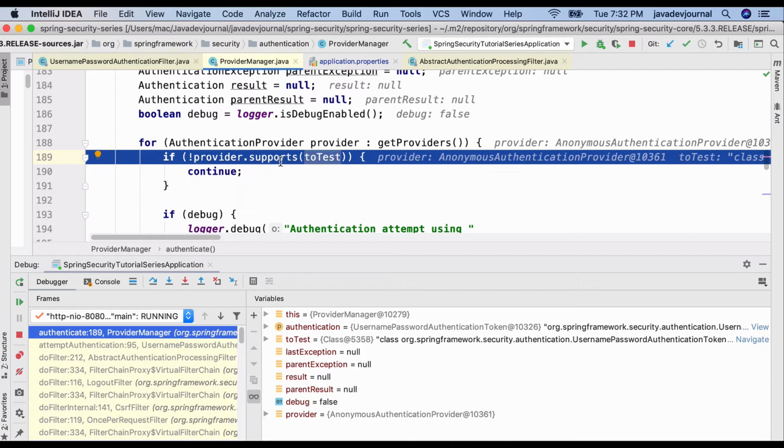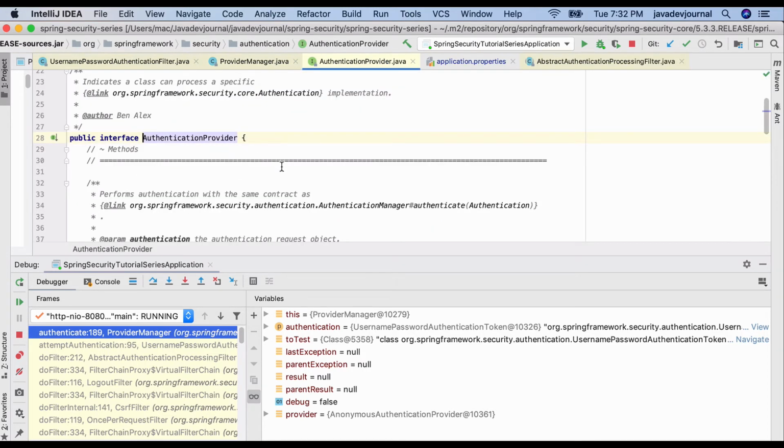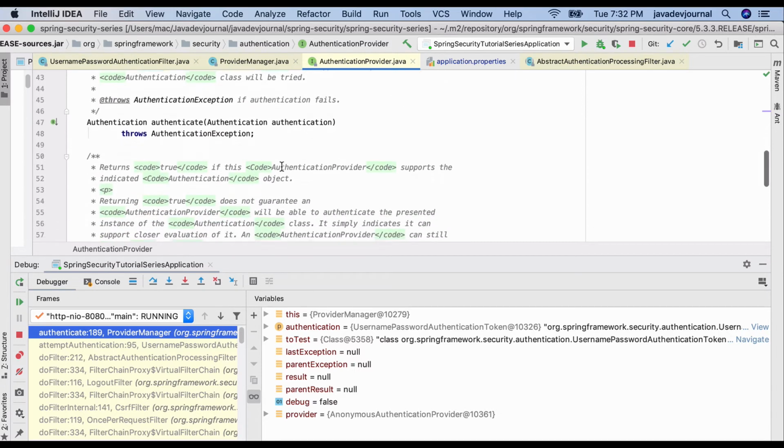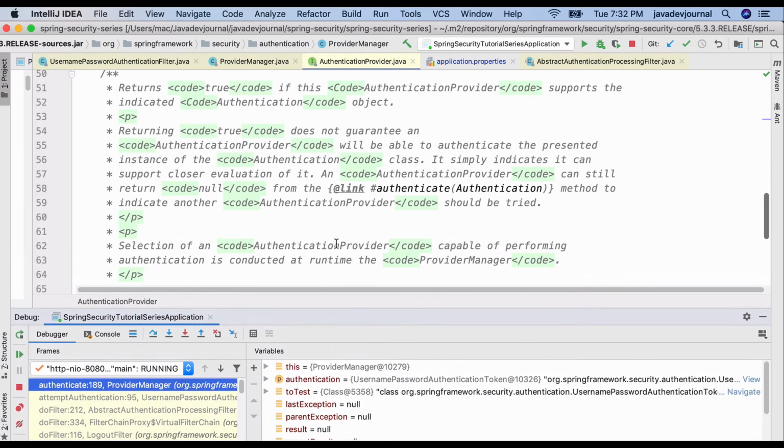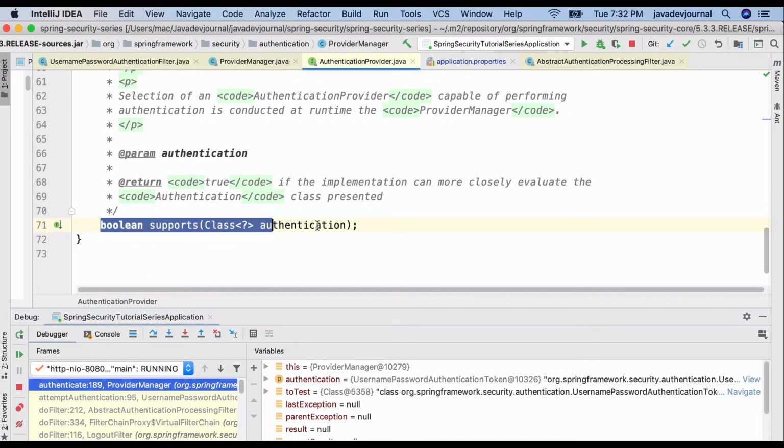And if you remember from the overview of the authentication providers, one of the methods in the provider is supports, right? So this method tells the provider manager whether, for a given request or a given class, the provider in the picture supports it or not, right?